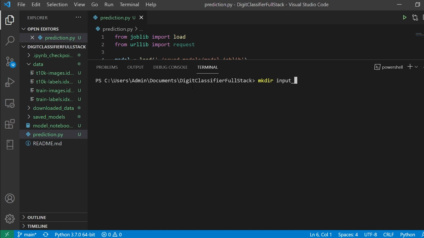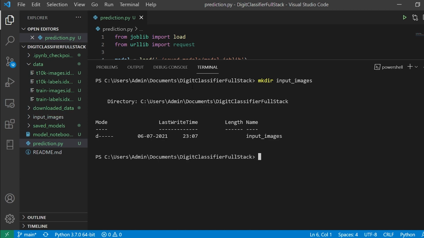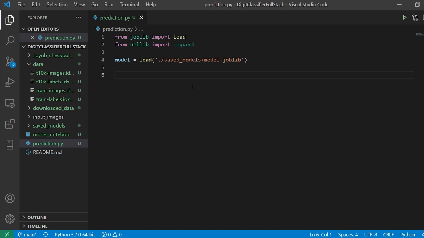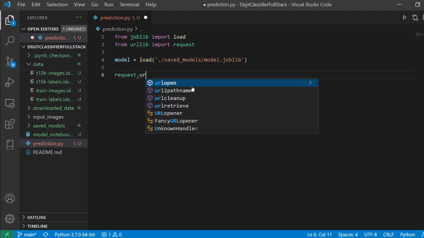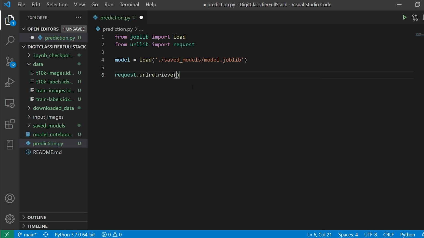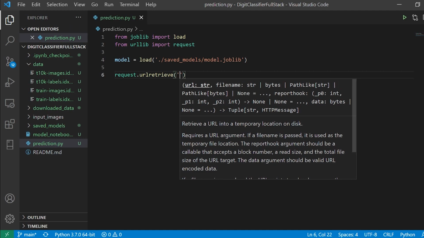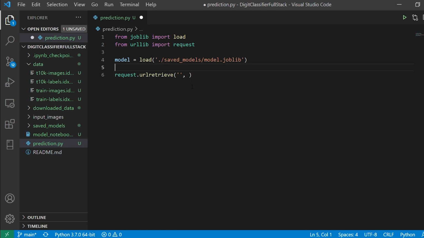And here I'm going to say input images. All right, my directory is done. Now the next thing is I'll have to say request.url retrieve, in which I'm going to give the link of my image and the path. So for the path, I'll make a variable for it. I'm going to say image path,